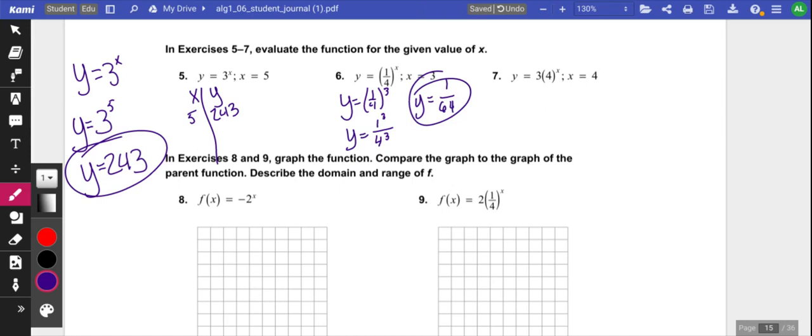I'm going to do 7 just because I want to do one of these with 2 numbers because I see people mess this up all the time. Okay, 3 times 4 to the x power. 3 times 4 to x, where x is equal to 4, so to the 4th power. So this is what people always do. They say, oh, awesome, 3 times 4 is 12. I'm going to take that to the 4th power,